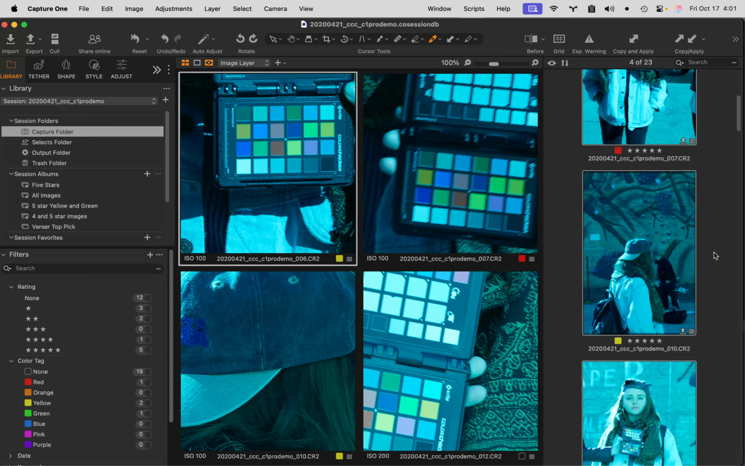Yes? My copy and apply button, is it letting me add it? But it's